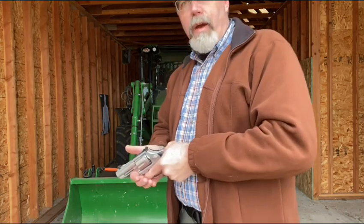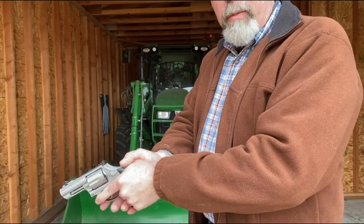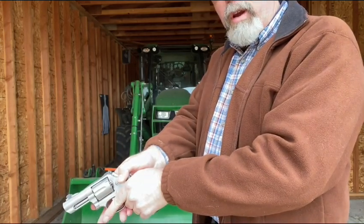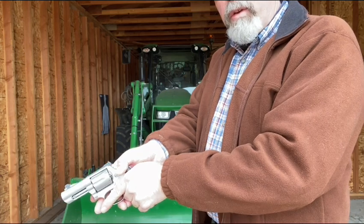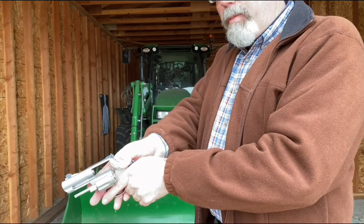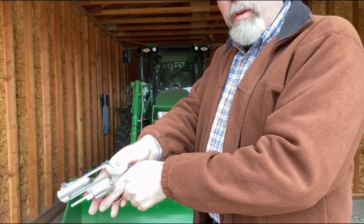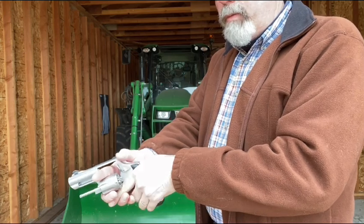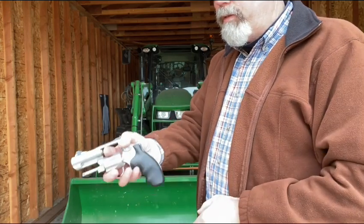As he runs dry with the revolver, his support hand comes over the top, his thumb activates the cylinder release, his trigger finger moves down and out of the way of the cylinder. Press forward on the cylinder release, and with my offside fingers, I'm helping the cylinder to open. I come through the cylinder window and I get the cylinder in a cigar grip like this, and I can